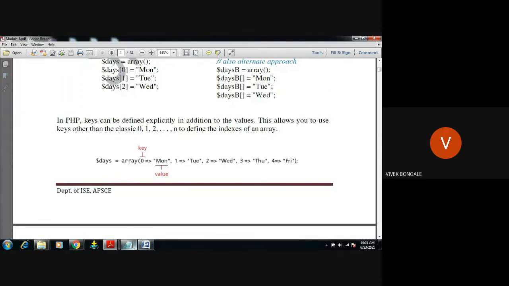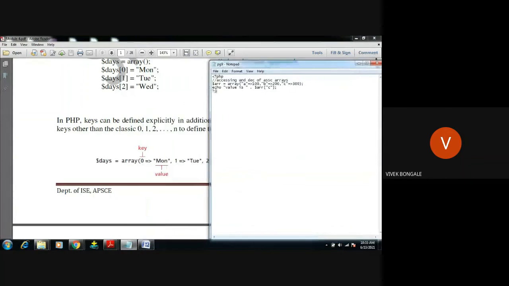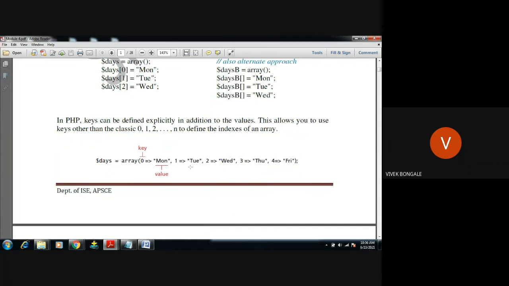See, this is a variable name $days equal to array, and this is the key. Either you can give a string value or an integer. If you use an integer, then it will be index 0 to a value, and so on. If you don't give one, by default it starts from index 0. If you specifically mention the key, it replaces that index. For example, if you use a, in place of 0 it is replaced with a.